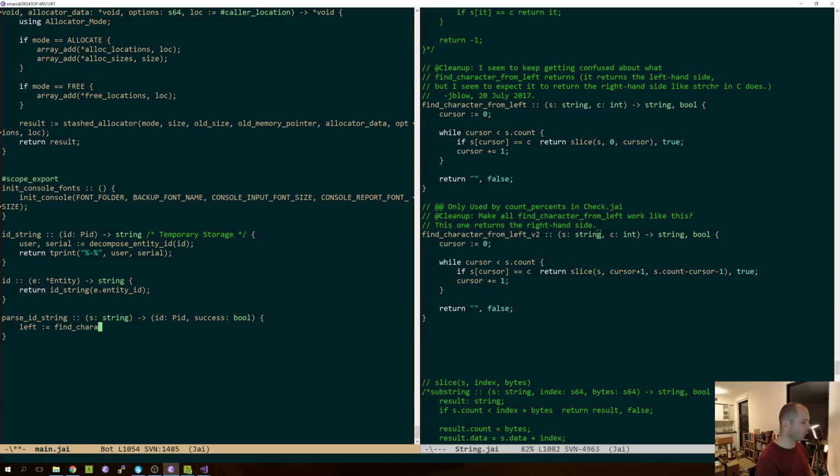Left is find character from left. S comma this. If not left, return 0, false. I don't know if 0 is going to coerce correctly. Otherwise,